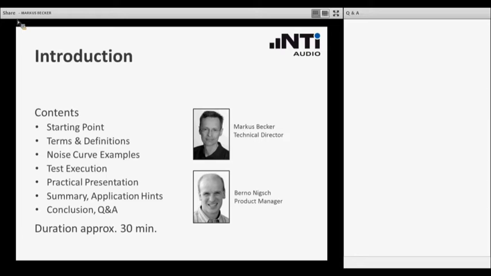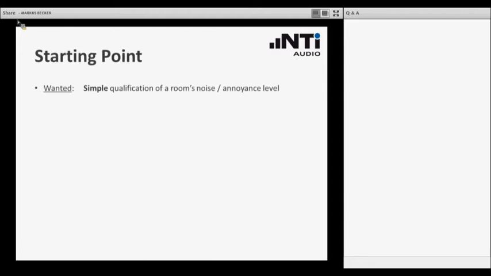We will then show you the typical steps for executing such a measurement, followed by a practical presentation. After that, we will summarize what we have shown to you and provide some application hints before we end the session with the question and answer session. The overall presentation will be about 30 minutes.